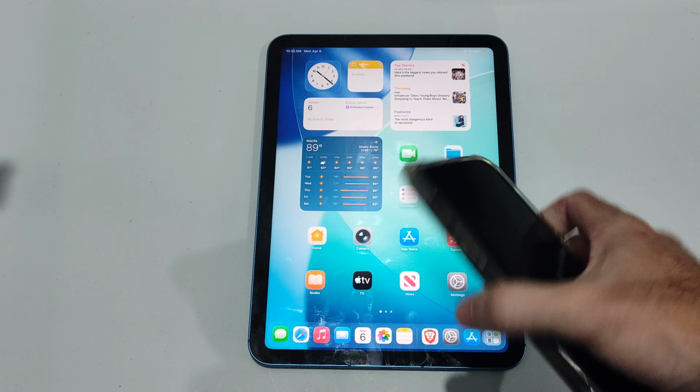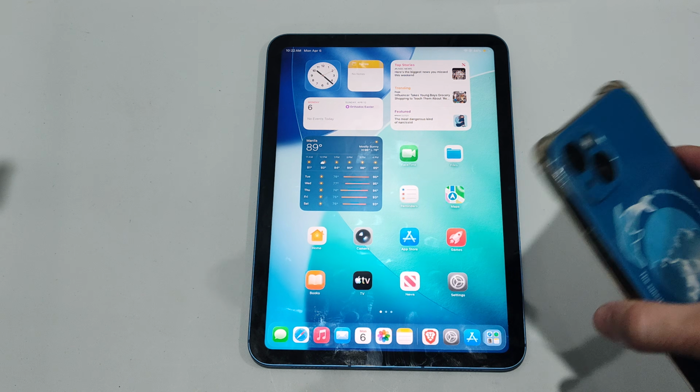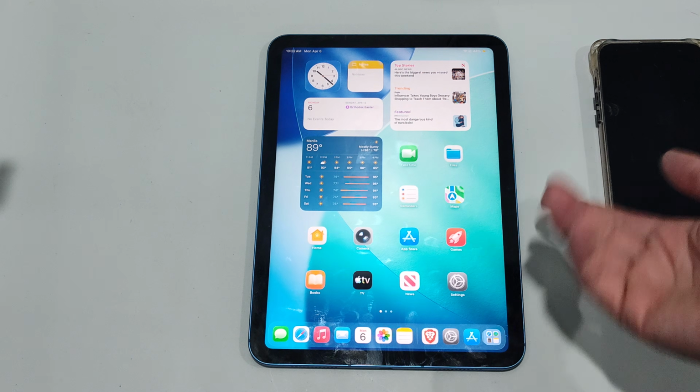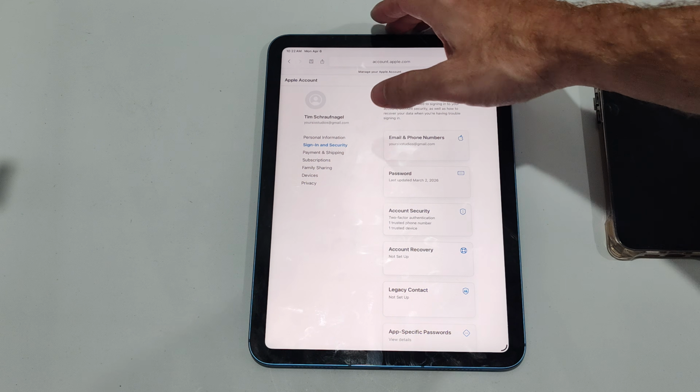Today in this video, I'm going to show you how to change your Apple ID email address without losing anything. So you can do this on your iPhone, your iPad, or really any device. All you have to do is go on over to a web browser, and you can go to two different